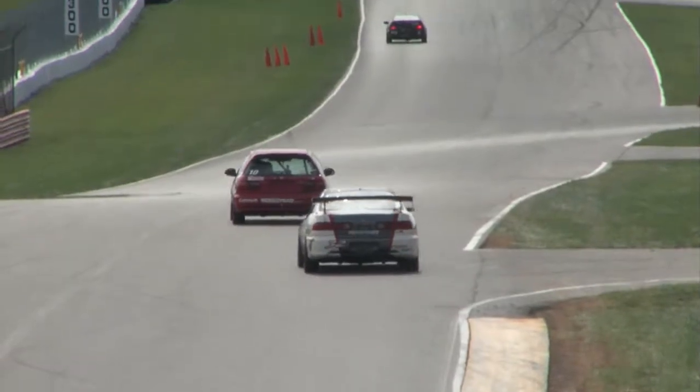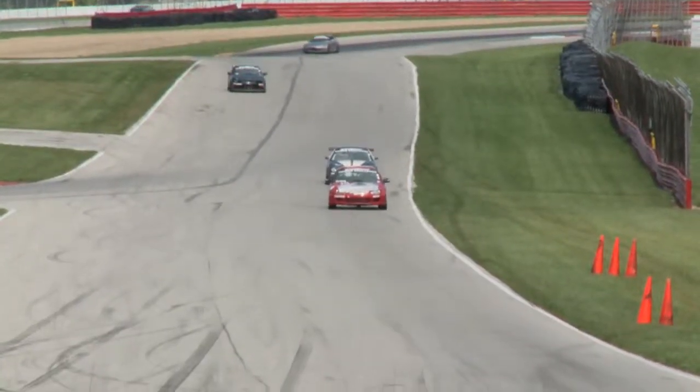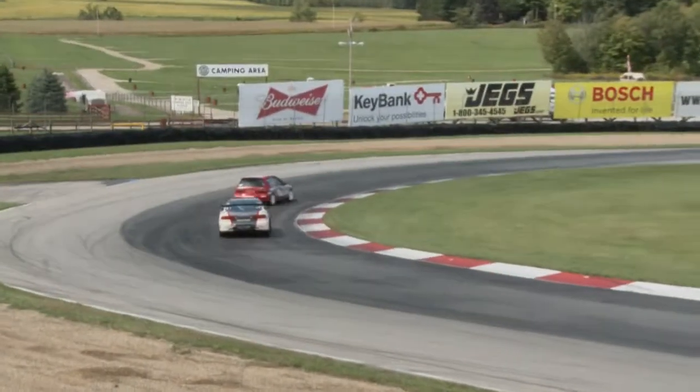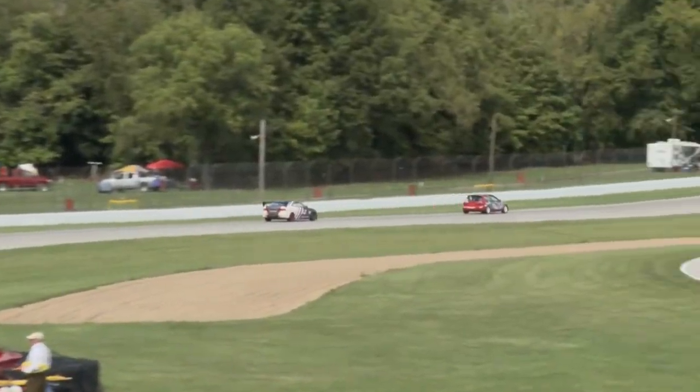Well, Jeremy Croiset is pretty much checked out in HC2. He has got about a 17-second lead. If we go back to HC1, Jason Kohler in the 848, about a 15-second lead. So both of our leaders are enjoying the Mid-Ohio countryside here. A nice little Saturday afternoon drive at this very historic